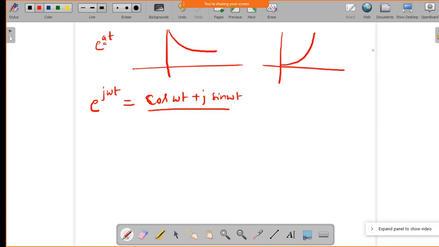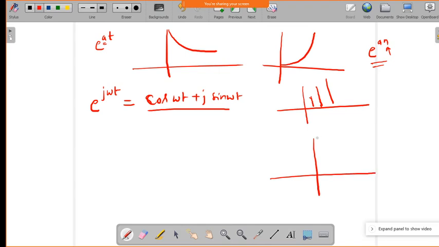Okay. So even in the discrete time case, you can represent the growing and decaying exponential, that is e power a into n. Okay. So the index will be in the discrete form. So this will also have a in terms of the growing exponential like this in the discrete case. In a similar way you will have the decaying exponential in the discrete form. Okay. So this is about the exponential signal in brief.